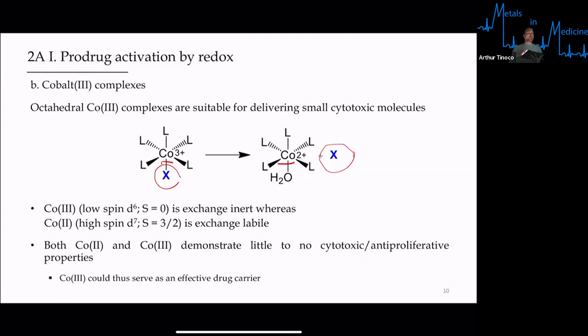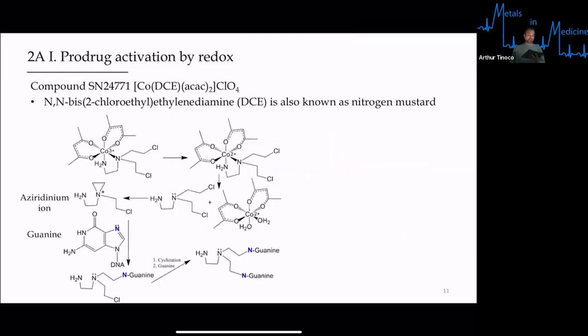So the cobalt metal being a carrier more than anything else. So here's just an example where this has been exploited. I'm pretty sure there are examples of cobalt complexes where the metal is important, because there are many cases where fine-tuning the coordination chemistry can make metals more active, but not necessarily in this particular case. So we're looking at this compound,